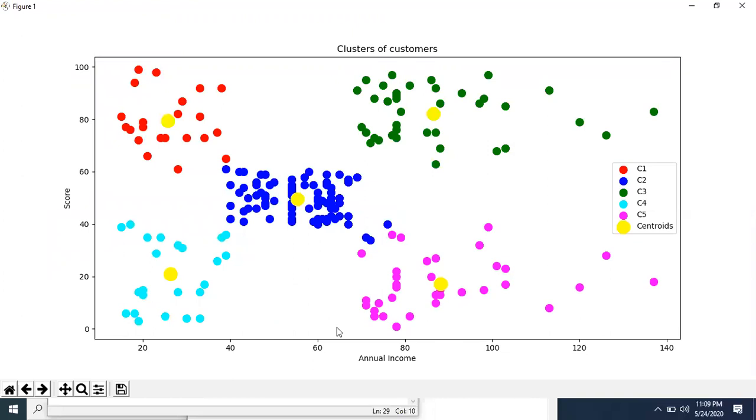And for score and annual income, we have used these two features from the data set, the annual income and the score.